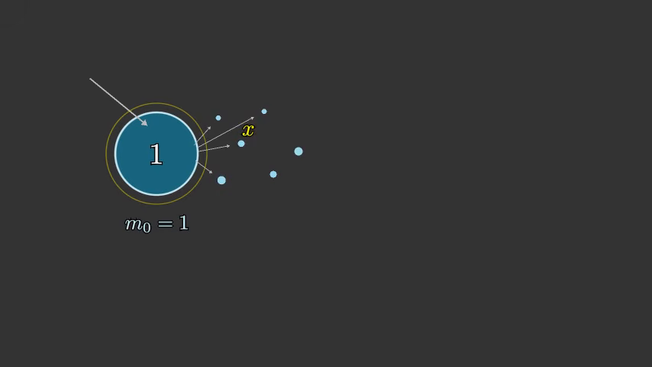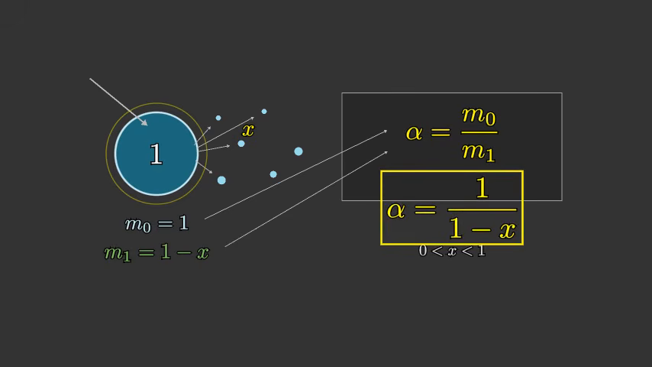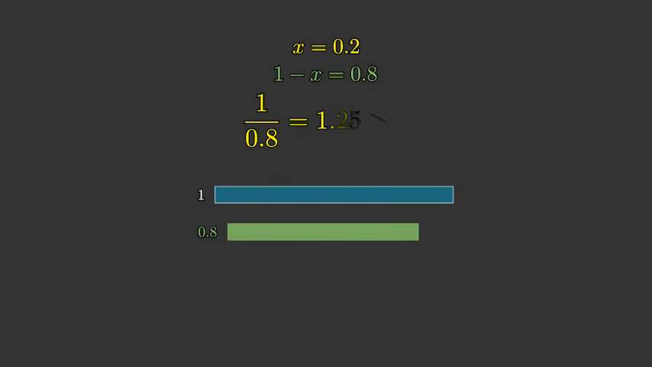Now compare the original droplet with what remains after the impact. The expansion factor is the original mass divided by the remaining mass. So alpha equals m0 over m1. Since m0 is 1 and m1 is 1 minus x, alpha equals 1 over 1 minus x. This is why the quantity is larger than 1. For example, if x is 0.2, then 1 minus x is 0.8, and 1 divided by 0.8 is 1.25, so